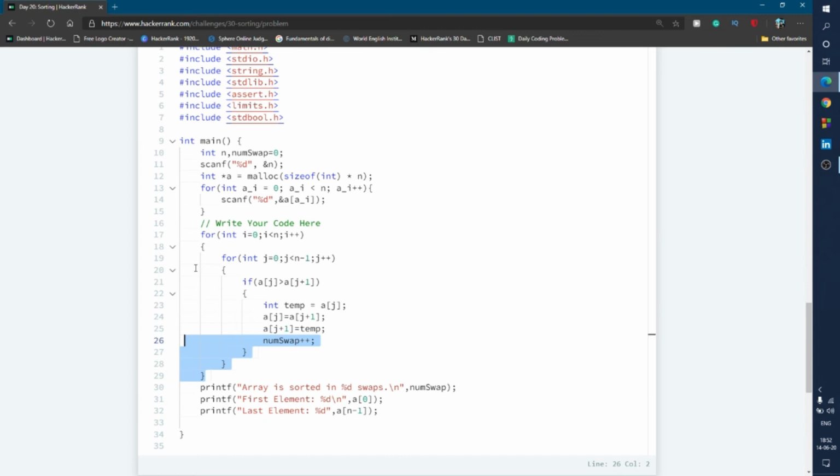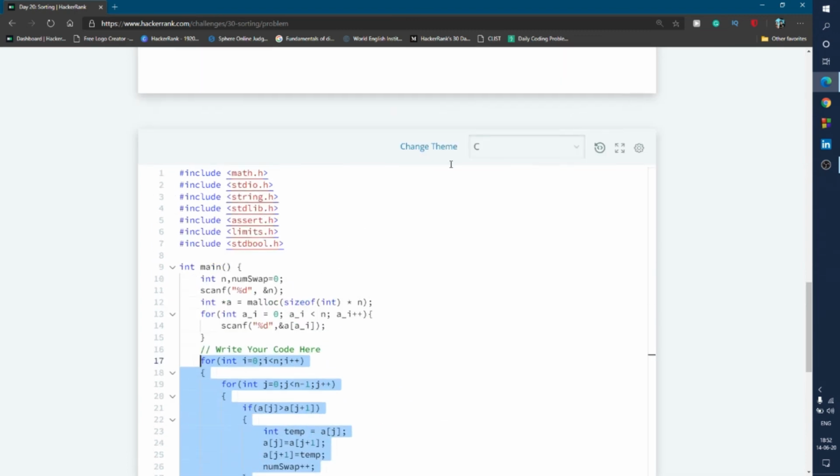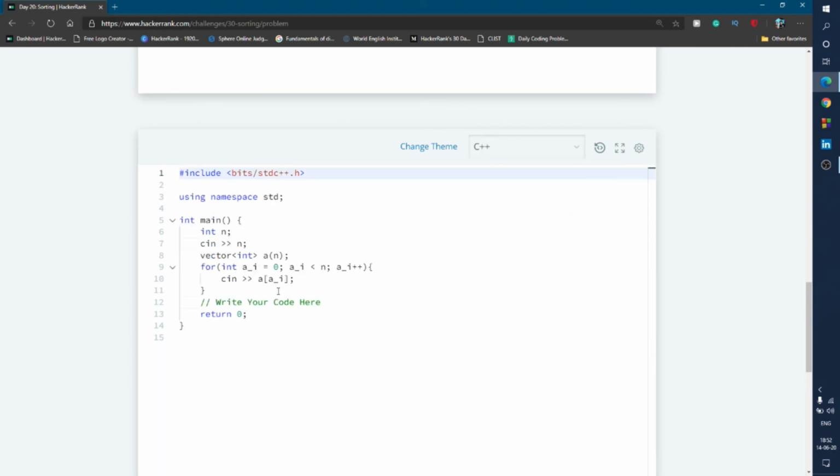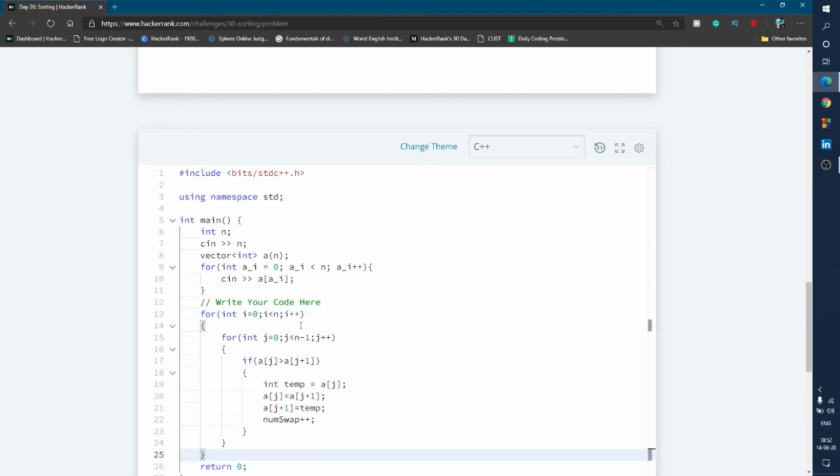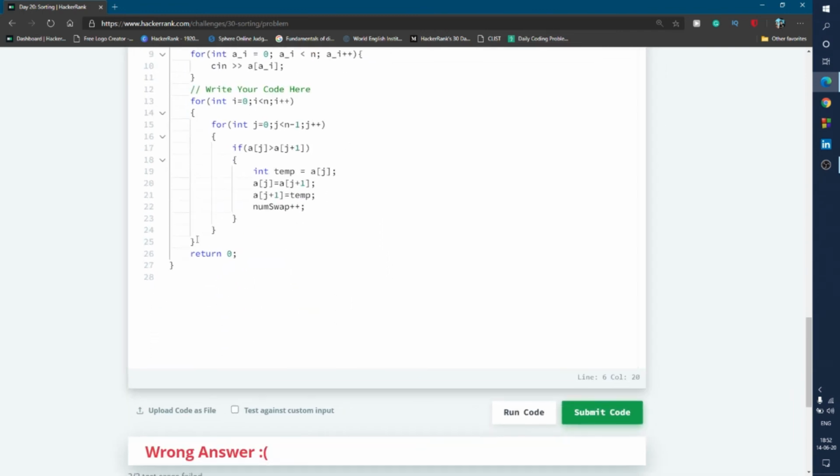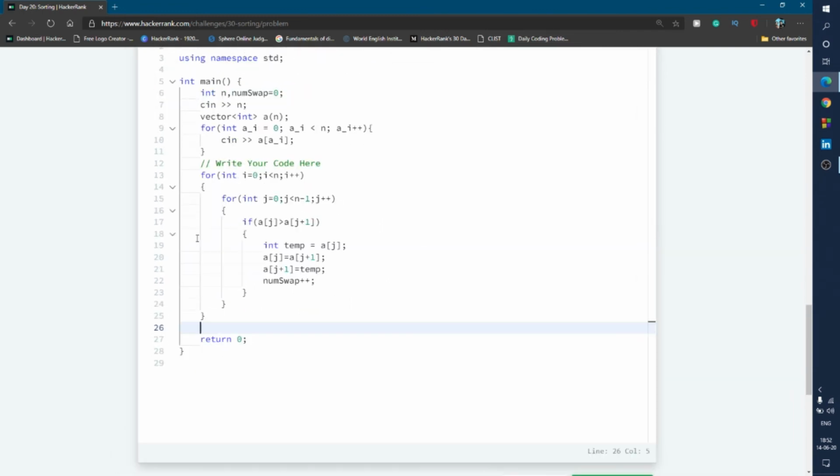I simply copied these two for loops from this C code and changed the language to C++, and then after this comment you simply paste this for loop, and here we declare a variable num_swap and give it the value 0.